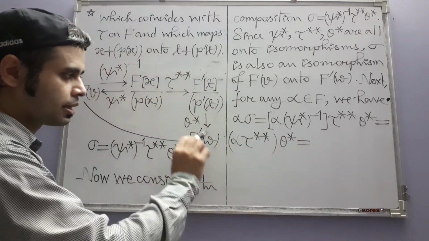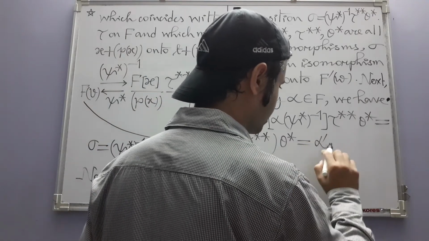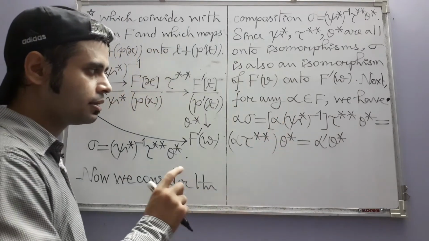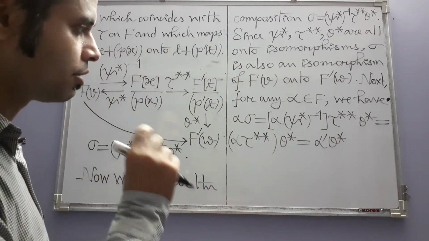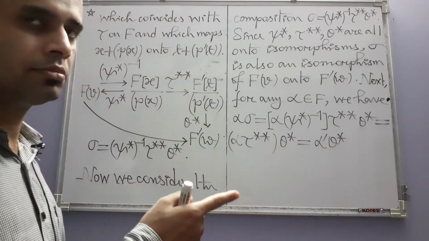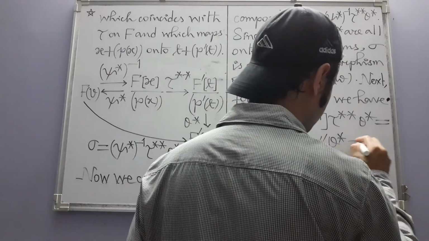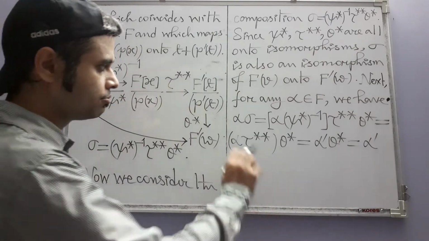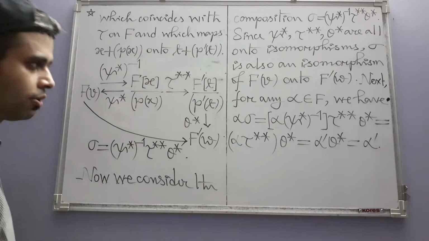Now tau star star maps alpha onto alpha prime, and just like psi star, it does not change, it is identity on F. Theta star is identity on F prime, where this alpha prime is an element. So that means this is going to be alpha prime. That's how we get alpha sigma equal to alpha prime. Also,